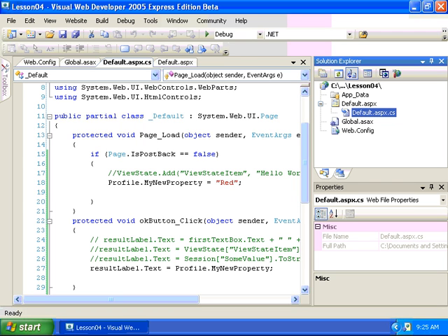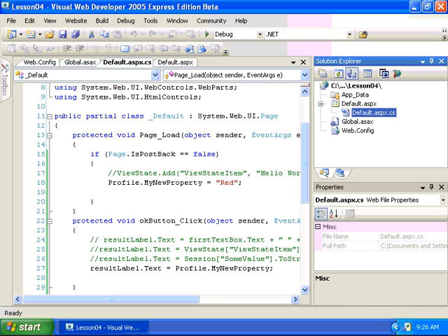Now both of these methods are flawed in so much that, first of all, they are not strongly typed, and then secondly is the method in which the values are stored. We talked about that a little bit, and then we introduced the concept of profile and how to create a strongly typed set of properties within a web.config that doesn't require that we write any property get or property set code, and has the added advantage of being able to define where we want to store the information, whether it's in the server's memory, or in a database, an XML file, or whatever the case might be. And we didn't demonstrate that because it's a little bit more advanced, but this would be the preferred way to